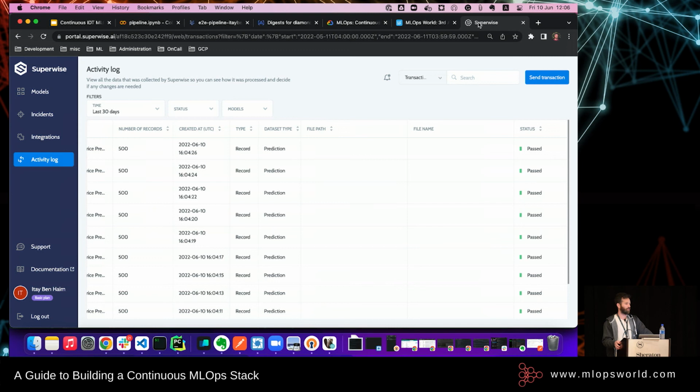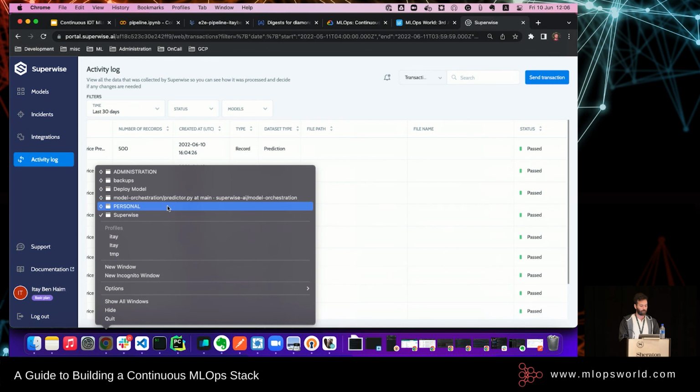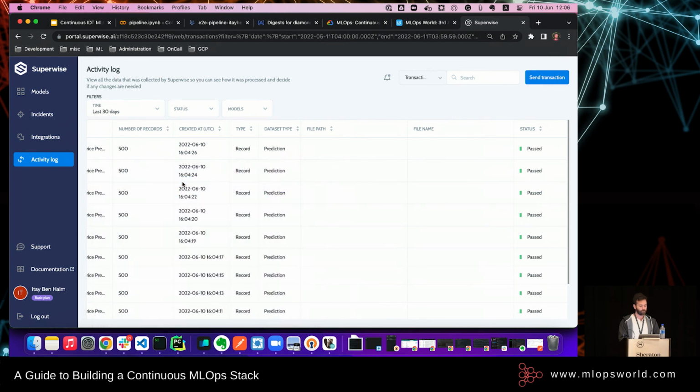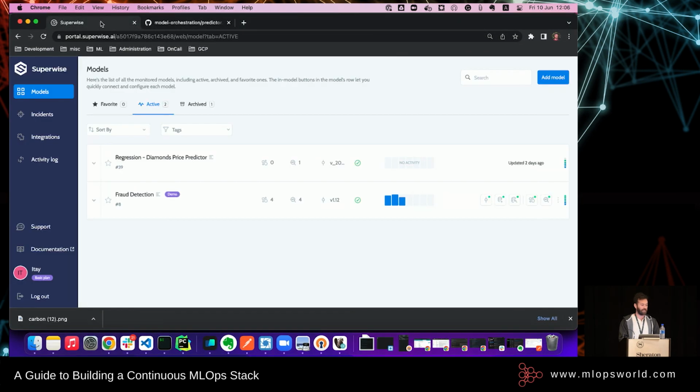Okay, great. So I already prepared an environment that got an incident, and you will see in 5 or 6 minutes, I guess, the retraining pipeline being initiated, executed without us doing anything. But meanwhile, I'll show you how Superwise will show you the incident. We have exactly the same environment in terms of data and model, so I already did it for us.